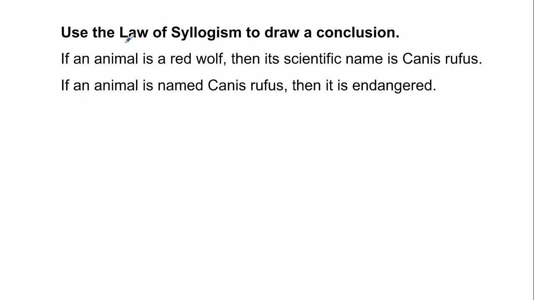Okay, so here it says use the law of syllogism to draw a conclusion. So I need to know the law of syllogism in order to do this problem, and they want me to come up with a conclusion. And here it says we have two conditional statements. If an animal is a red wolf, then its scientific name is Canis rufus. And if an animal is named Canis rufus, then it is endangered. Okay, so they want me to use the law of syllogism to come up with a conclusion from these two